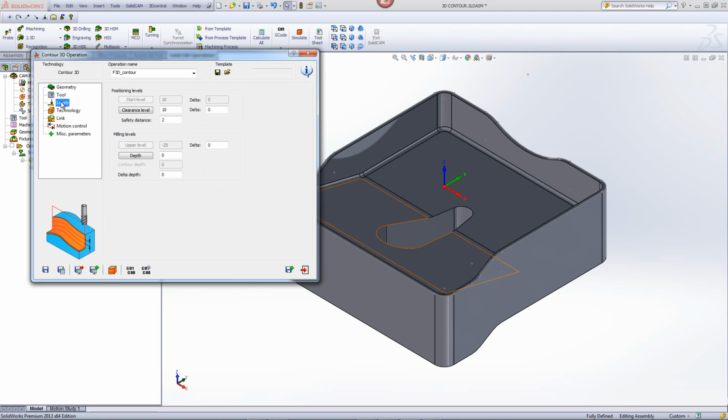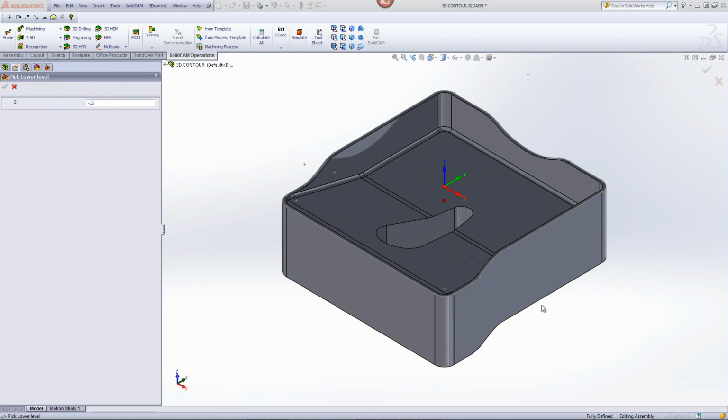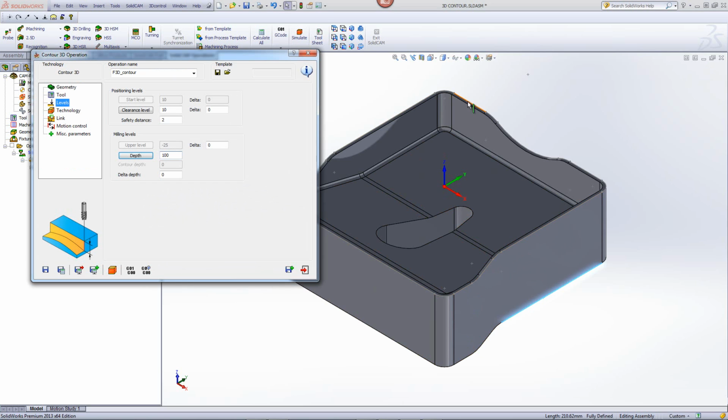If we take a look at our levels, we have our depth. What I'd like it to do is I'd like to actually have the tool go down on the surface according to the shape of the geometry, following it all along. So I'll have my depth at this line over here, from here to here. That's the actual depth of the go, but since it has a shape, when it gets to this area,